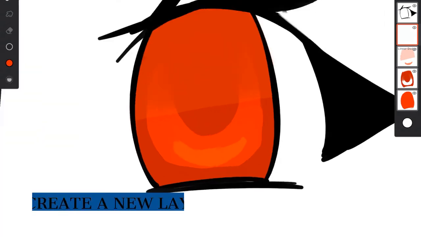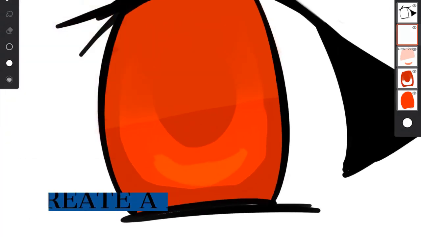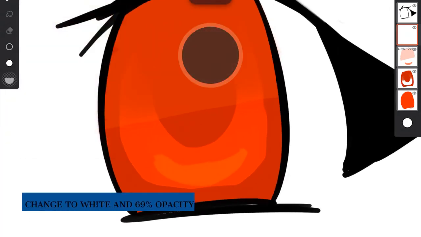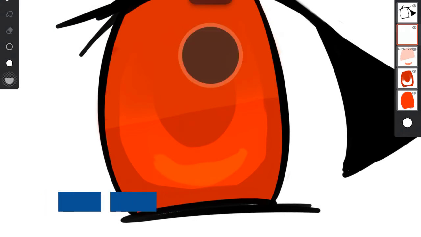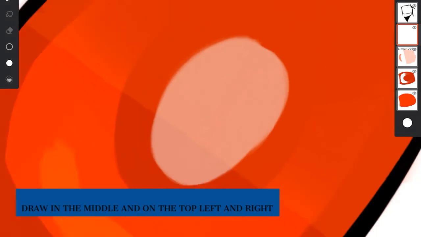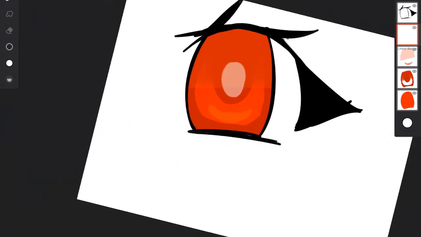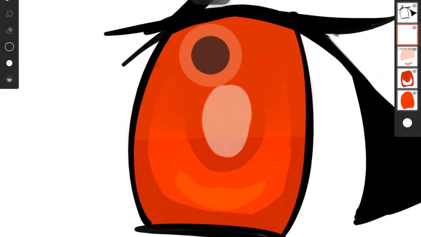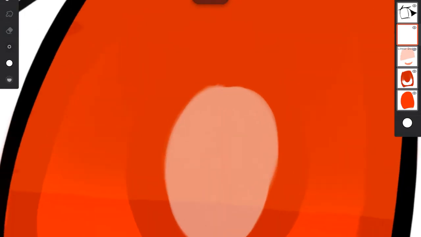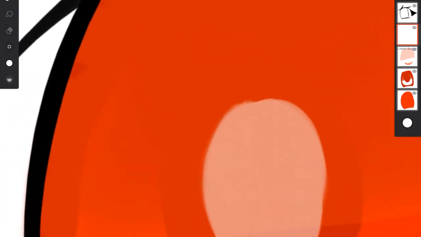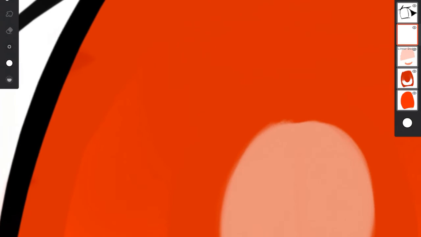Next, you can add another layer. Go to white. And I don't know why I remember this specifically, the specific number, 69 opacity, but I've always remembered it. And you're going to go in the middle of the pupil and put it right wherever it's looking. Now the next part is to go on the left side of the pupil, like a little above it,